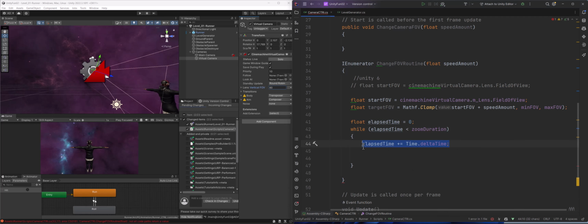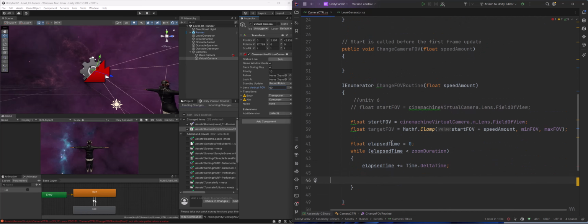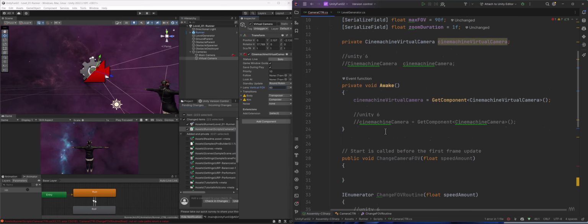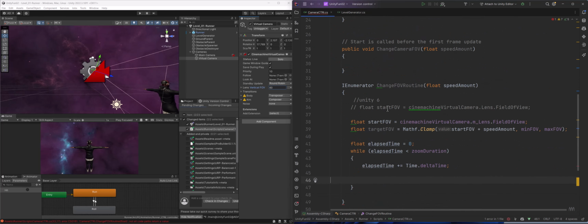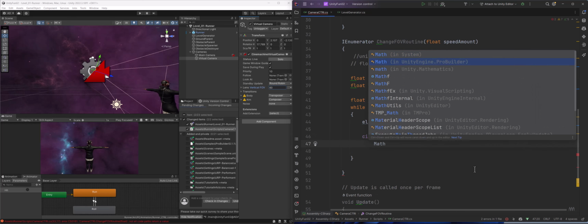So while this is going on, what do we want to do? Well, I want to essentially adjust that. And remember, we made 2 of these here, right? Remember, if you're using Unity 6, you want to copy this line here, this field of view here. What I'm going to do is copy this one. So what we're going to do here is while the time is elapsing, we're going to lerp between the start and target field of view over the amount of time we're zooming. So I'm just going to say equals, and I'm going to put this on a new line so that you can see it a little bit better. Mathf,